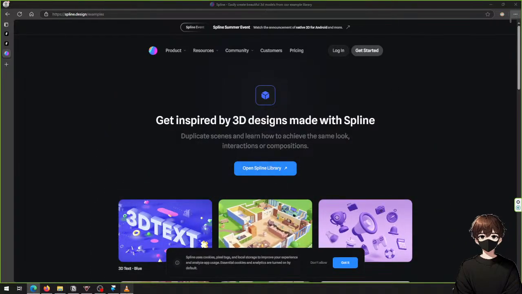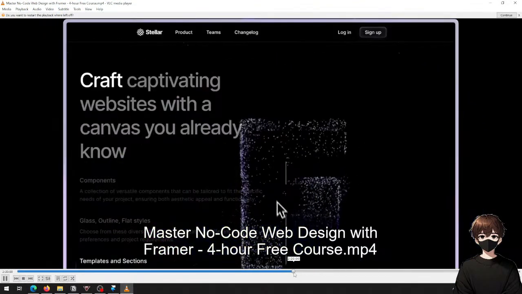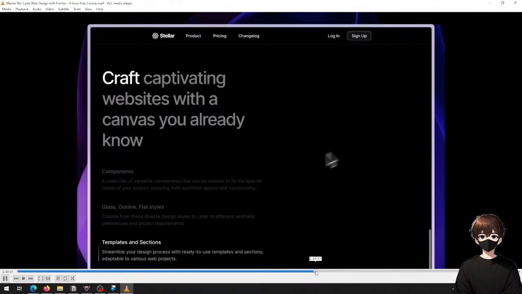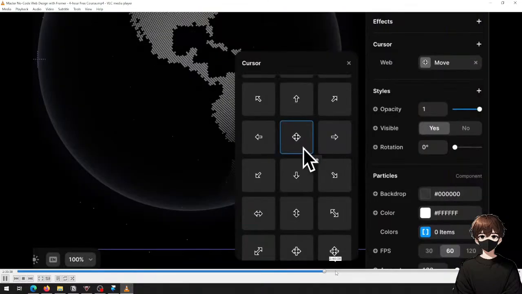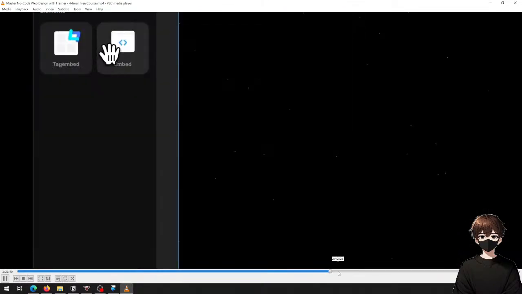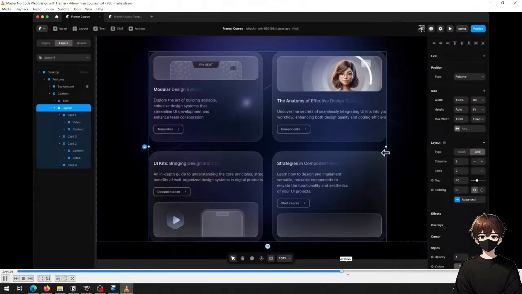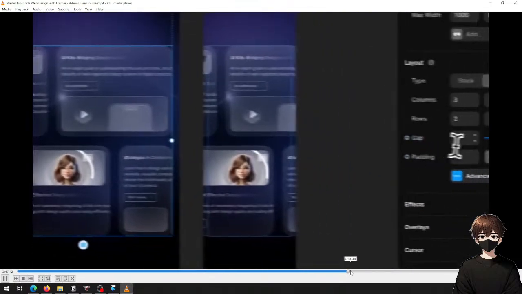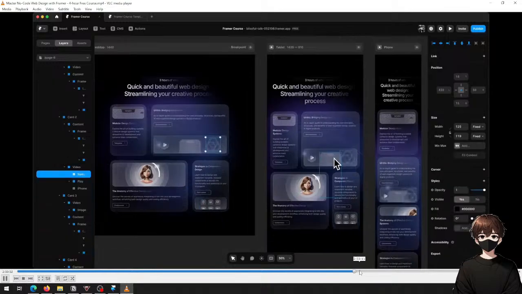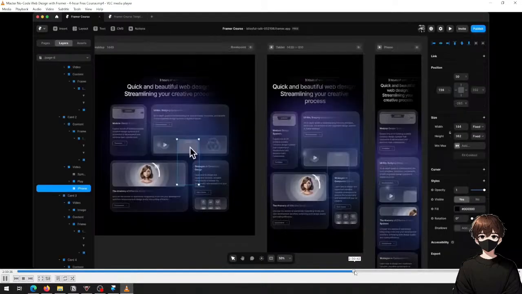Learn how to build an incredibly sophisticated menu and how to embed. I will embed the Spline so the stars move as I move. Here I'm going to use the same size. So in desktop, I'm going to set a gap of 30. I'm going to keep alignment and create, with for example the phone